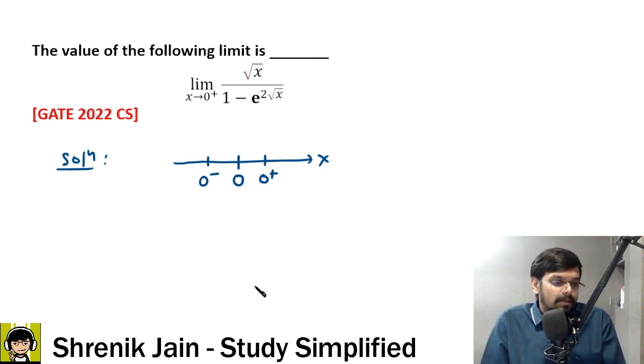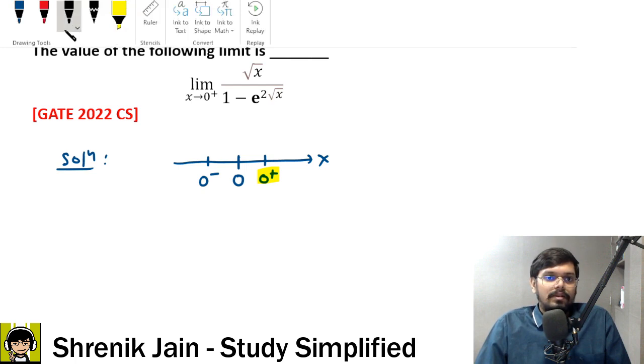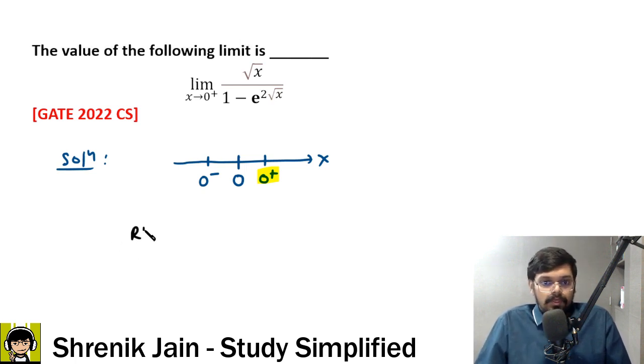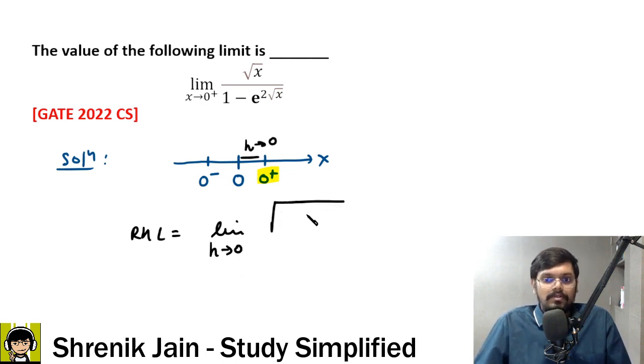Left hand and right hand is same. Nevertheless, now focus here that we are interested in 0 to the power plus. So if we are interested in 0 to the power plus, which means right hand limit looks like limit. This kind of gap is a very small gap, which I say it as h tends to 0. Okay, so limit h tends to 0, and then we have x is replaced as